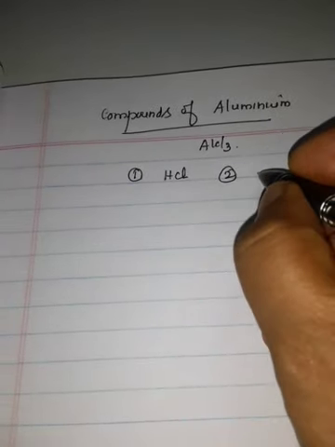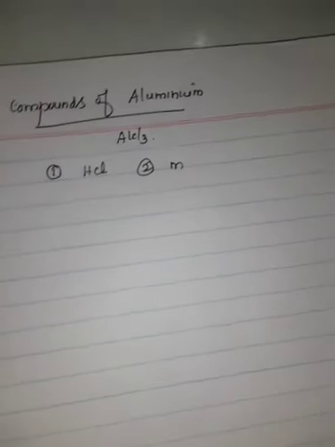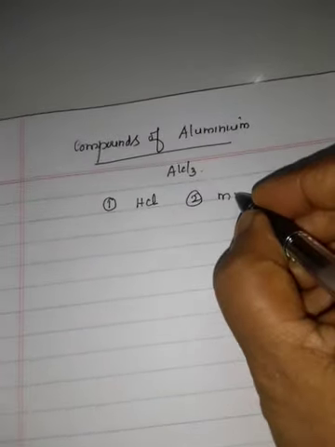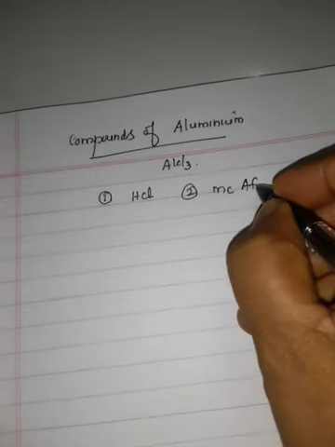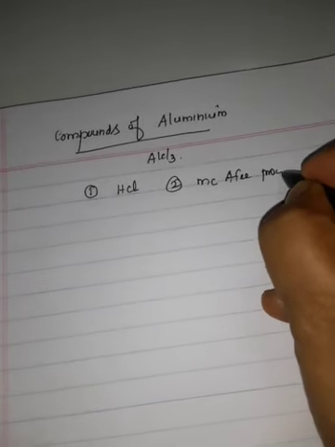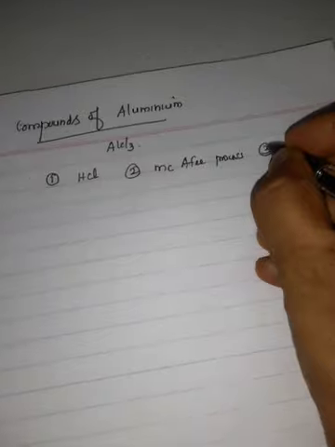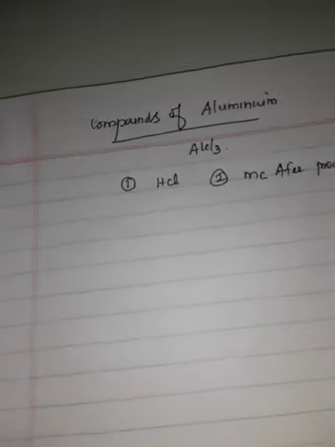Second one is the McAfee process. Third one is industrial preparation. One by one we can see. Now, using HCl,